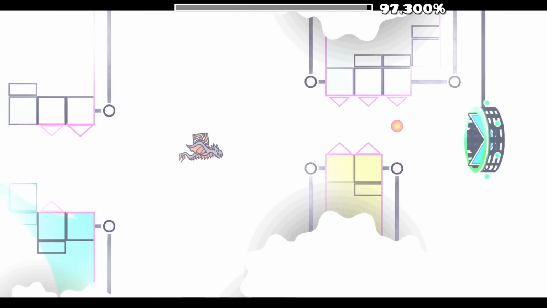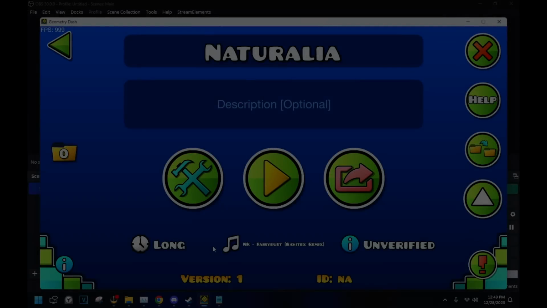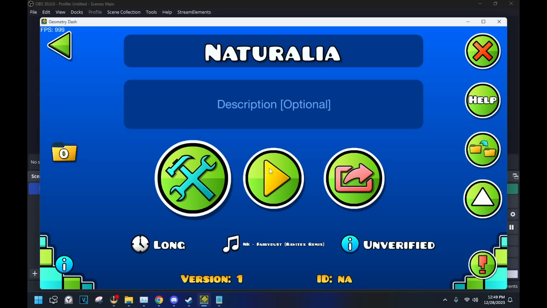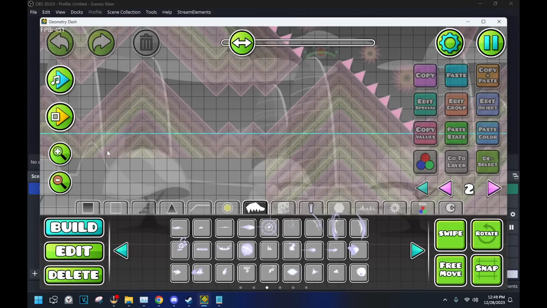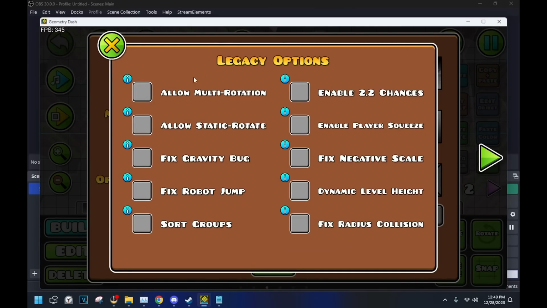What this means is that any level made before 2.2 will always have the old upside-down ship physics unless they are changed by the level creator. Going further than that, any level that you started creating in 2.1, but you finish in 2.2, will have these legacy settings enabled. So here's Neutralia, a level that I started building in 2.1, but I'm still working on to this exact moment. And if I go here, I click options, and then I click the second options button, you can see that all of the legacy things are turned off, which means stuff like the robot jump being fixed is off, the 2.2 changes are off,